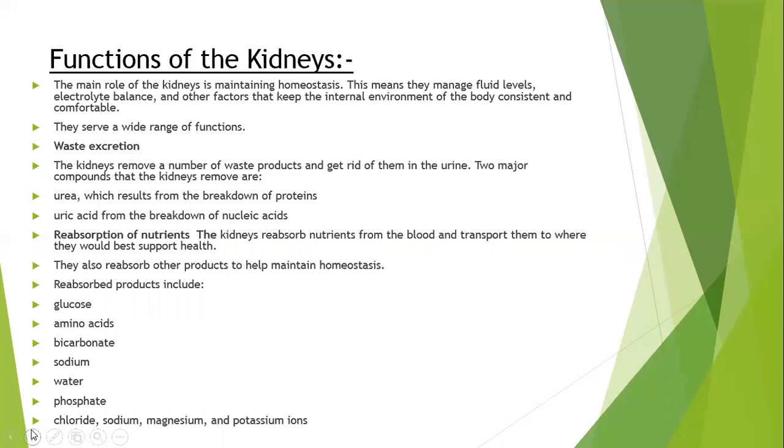What are the endocrine functions? The endocrine functions are synthesis of the active vitamin D3, erythropoietin for RBC formation, and renin and angiotensin for blood pressure regulation. Students, you have to understand there is a very good relationship between blood pressure and renal function. That's why the renin-angiotensin-aldosterone system or mechanism is there. That will come later on. So it's very important for blood pressure regulation and kidney function. So this is the endocrine function.